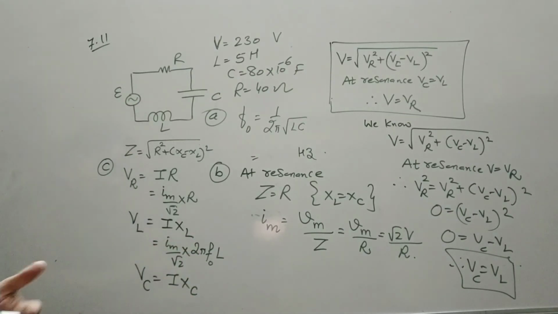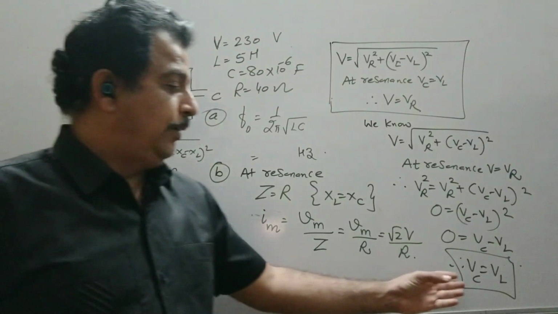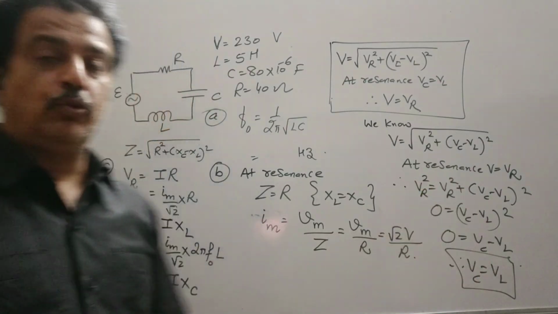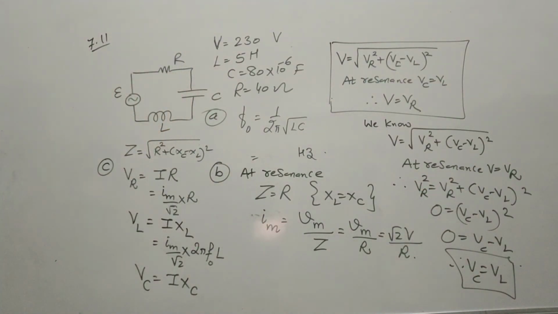But if it is asked to prove that at resonance VC is equal to VL, this will be the way. And we know that there is no power dissipated across the inductor or capacitor, and at resonance the circuit simply behaves